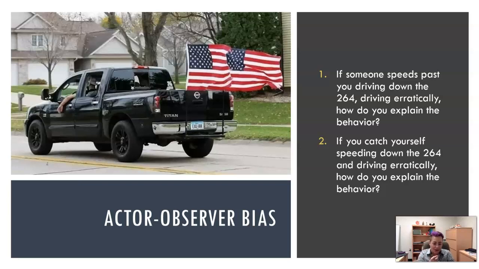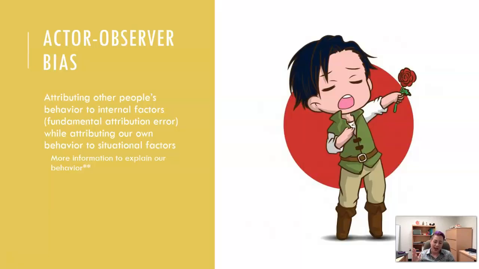If you catch yourself speeding down the 264 and driving erratically, how do you explain the behavior? Maybe you cut someone off by accident. You're like, oh, I'm so sorry, it was an accident. I was just trying to switch lanes to avoid this accident. That is another kind of offshoot of the fundamental attribution error. The actor-observer bias is when we attribute other people's behaviors to traits that they have, but our behaviors to our situations. So the best example that I can give is,